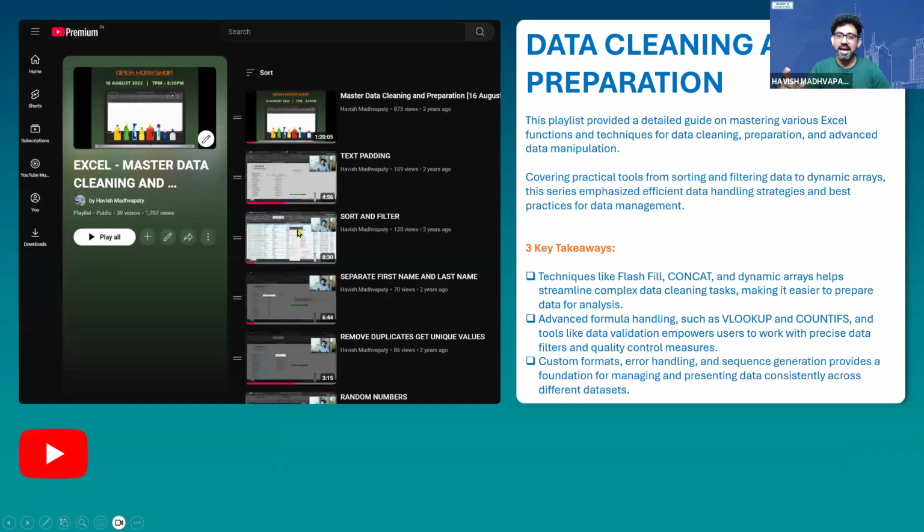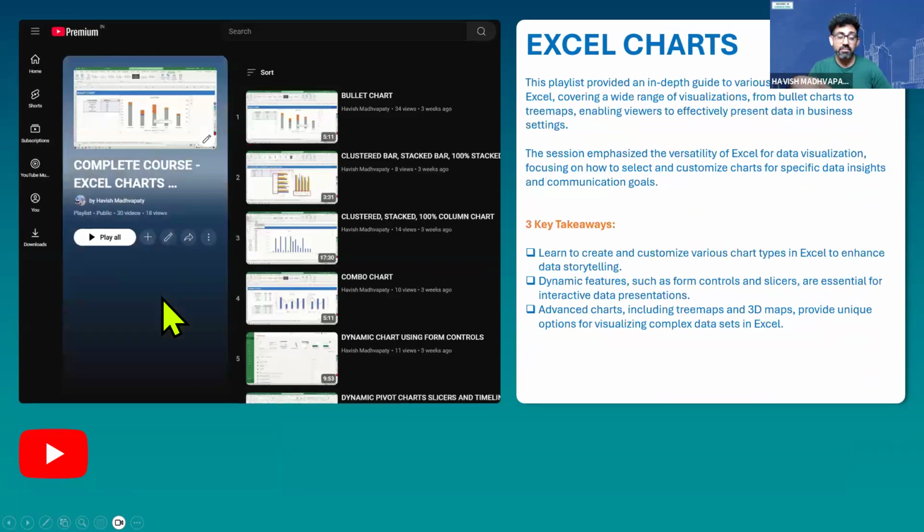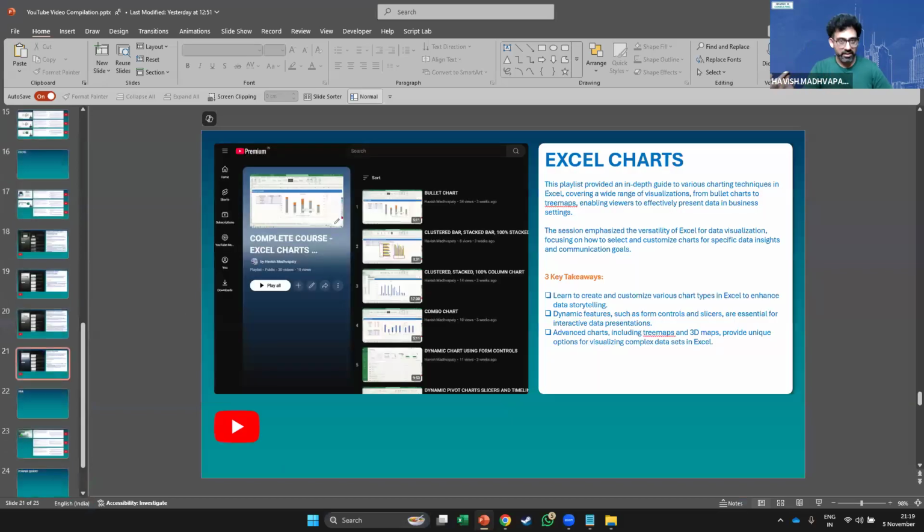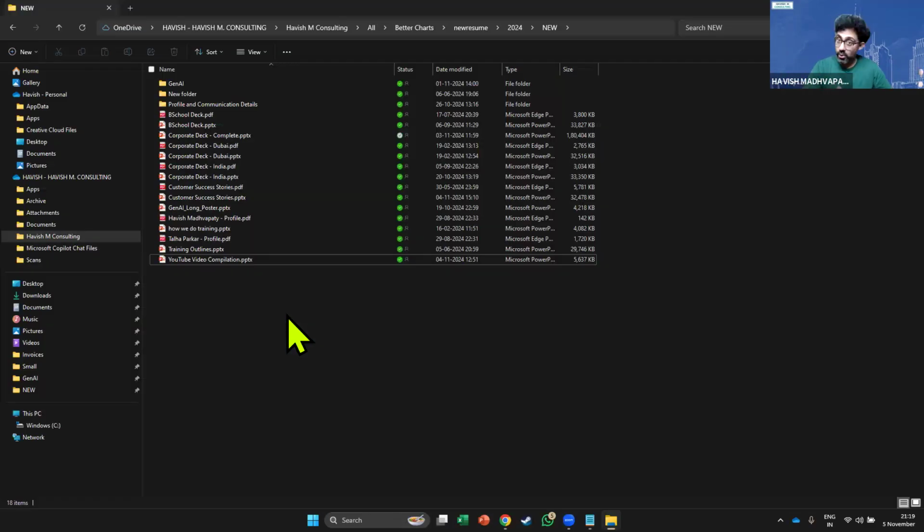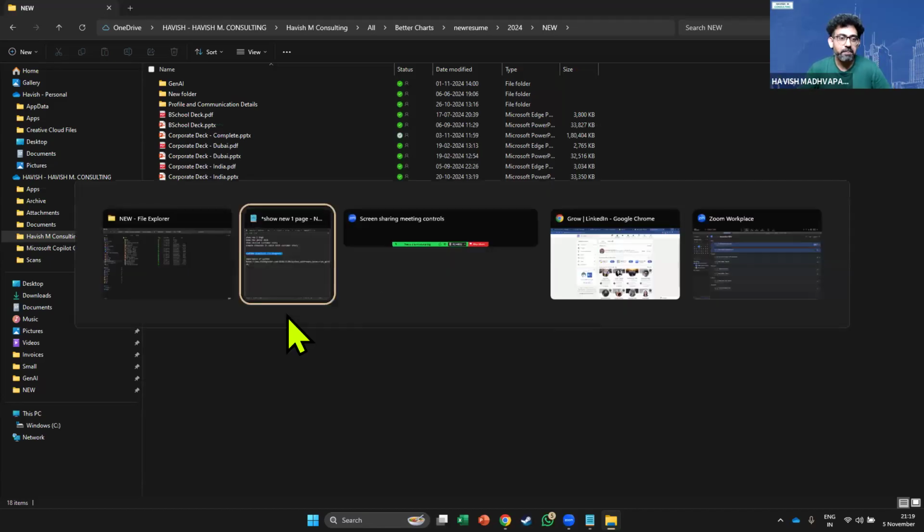Similarly, for the playlists that I have, this is what I'm creating. So there's a screenshot. There's a write-up on what the playlist contains, what are the important takeaways, and there's a link that directs you to the playlist. So we intend to be much more aggressive in terms of not just doing good work, but also shouting about it, right? I mean, at the end of the day, it boils down to that.